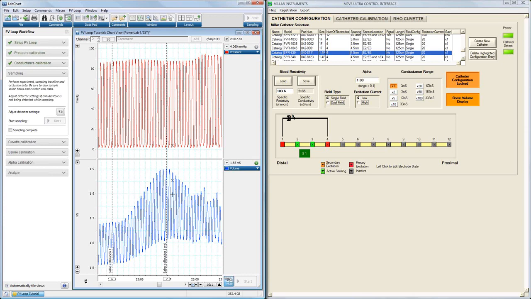This is definitely a bit of an art here. You probably will not get it right the first time. There's no real hard and fast rule, this much volume, this concentration of saline. You're going to play with the values and see what gives you the best results with your particular animal model. What you do want to see from a good saline calibration